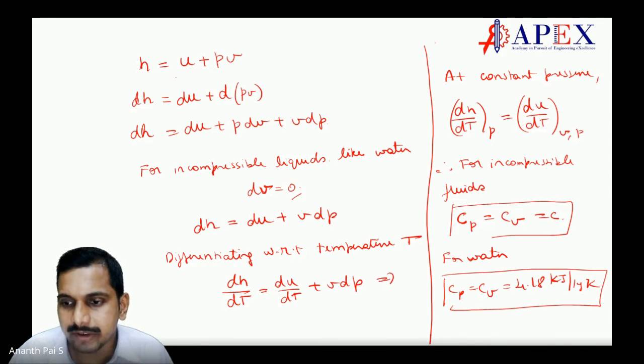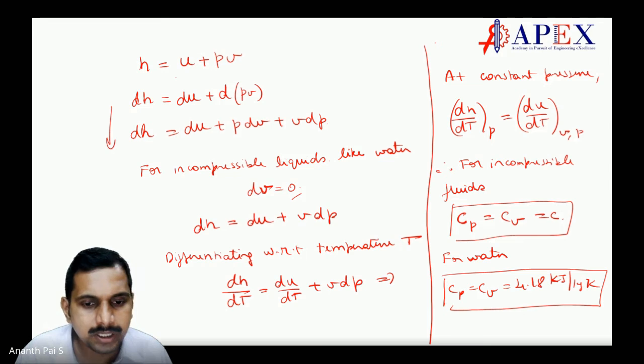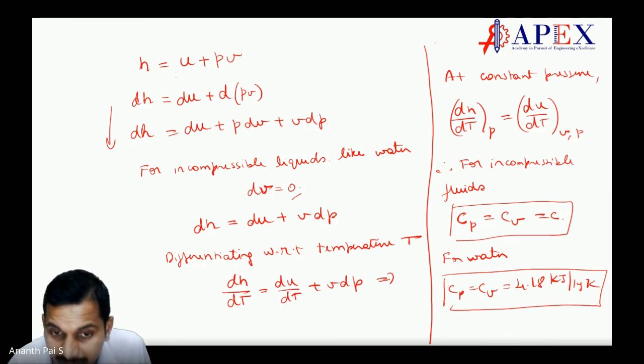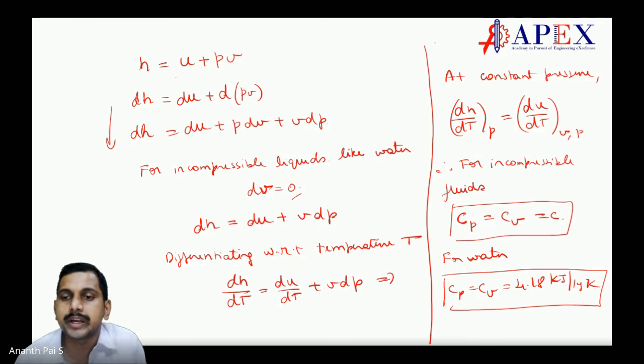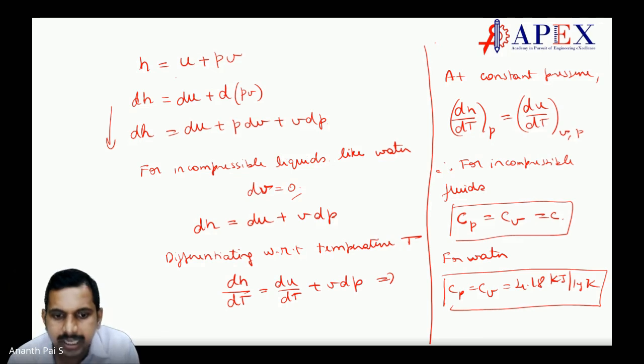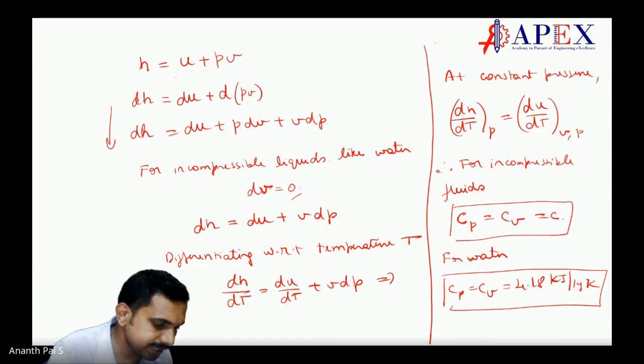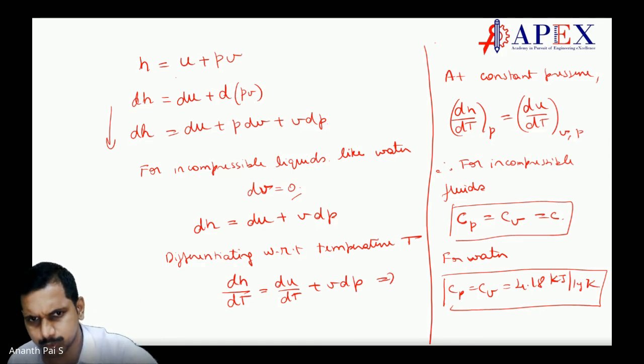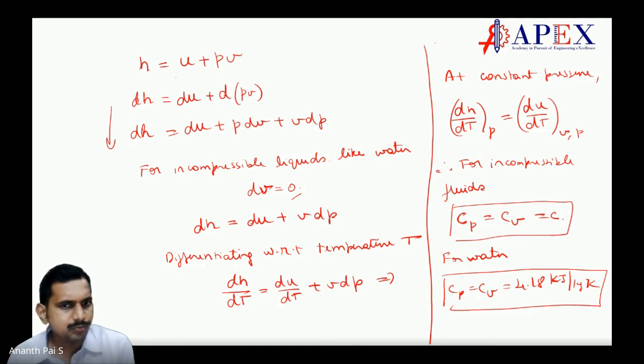How? If they ask, you have to start from here and prove that to them. Since dV is equal to 0, this du you can take in terms of constant specific volume itself. And then we take dH by dt at constant pressure, dP will also go to 0. Correct? Makes sense? Write this down, students. Let us understand this further. A lot of depth to this. Basics, which has not been told to us generally, we'll see it.